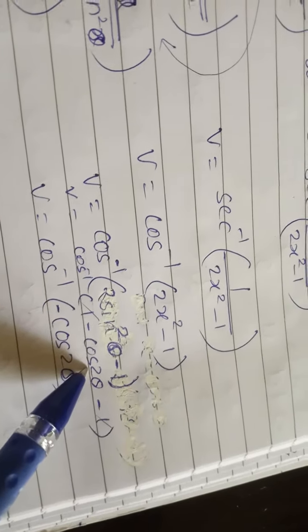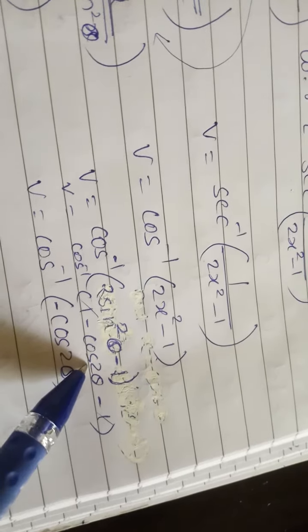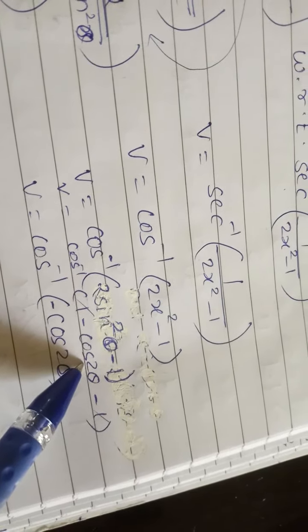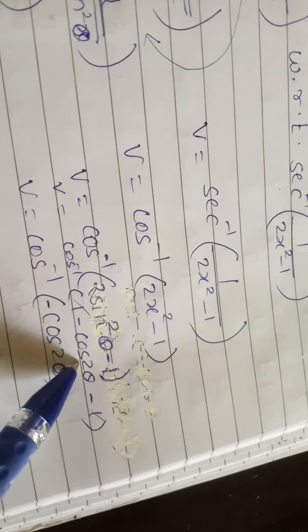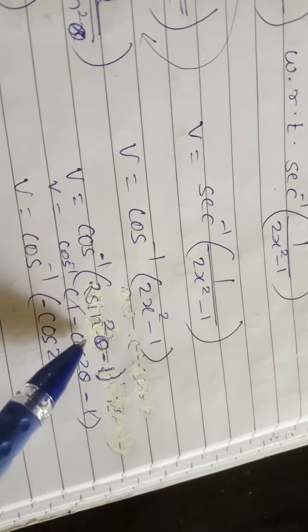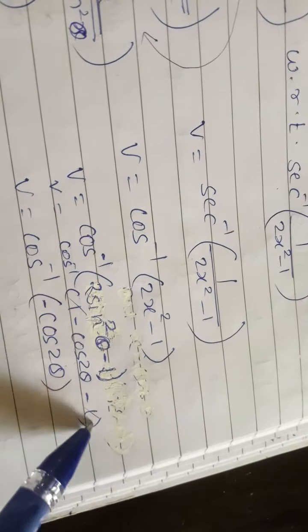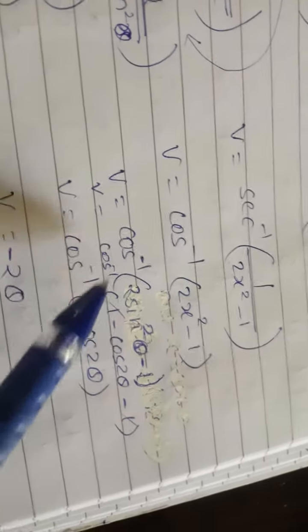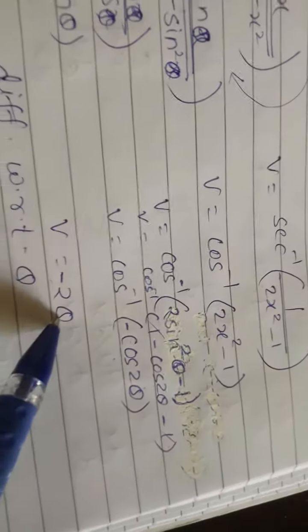For this remember the formula of cos 2 theta. There are three formulas of cos 2 theta. So the first one is cos square theta minus sine square theta. Second one is 2 cos square theta minus 1 and the third one is 1 minus 2 sine square theta. So we are putting the value of this one and here 1 cancels and the remaining term is minus cos 2 theta. ये माइनस साइन हम थोड़ा सा बाहर रखेंगे तो cos inverse cos हमें मिला. So the answer is minus 2 theta.